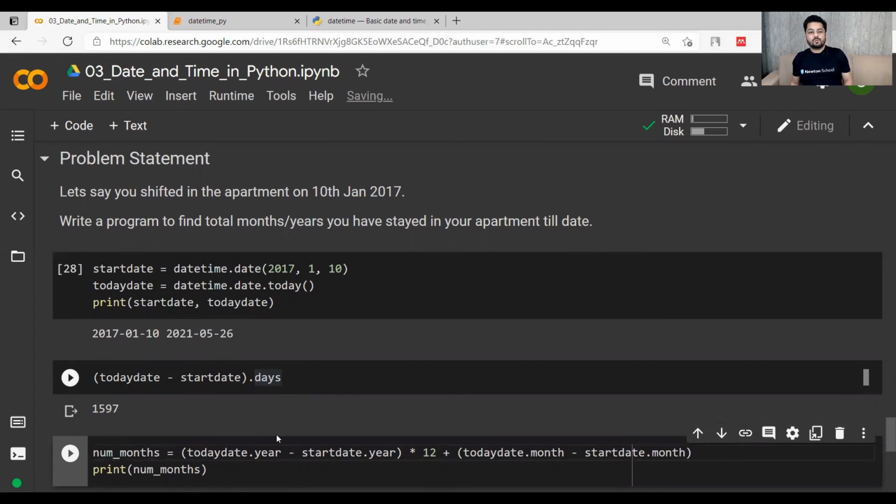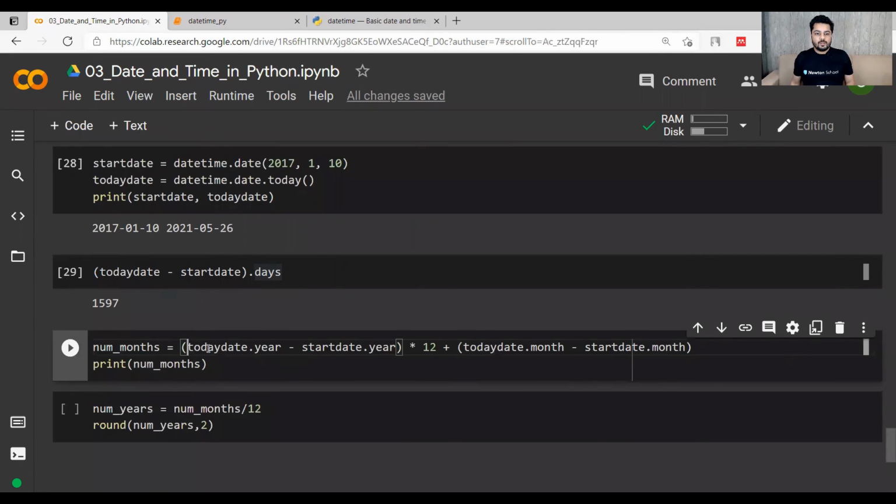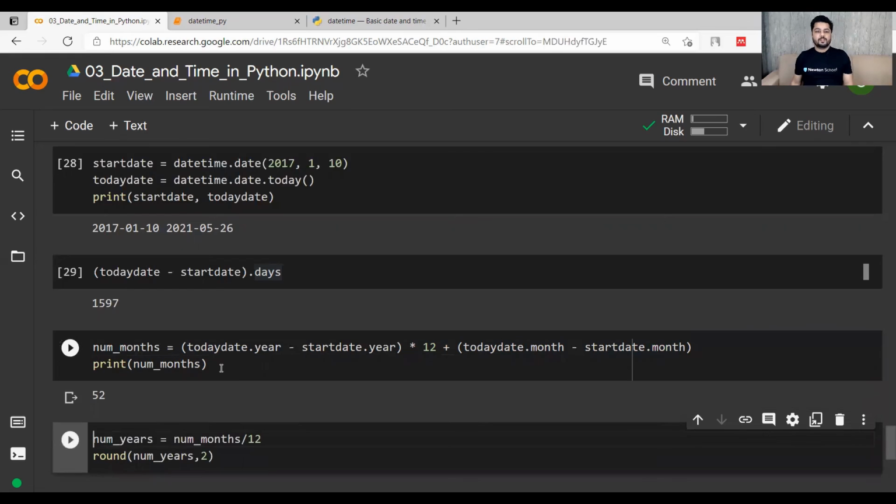If you want to print the number of months, simply do today's date year minus start date year. So 2021 minus 2017 is 4, times 12 is 48, plus the difference in months. So the number of months will be 52.